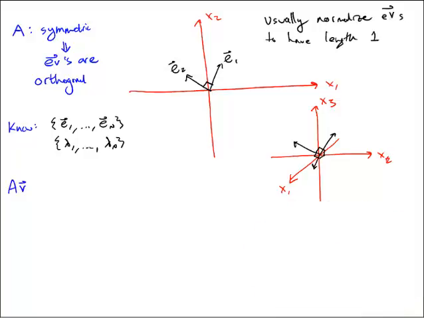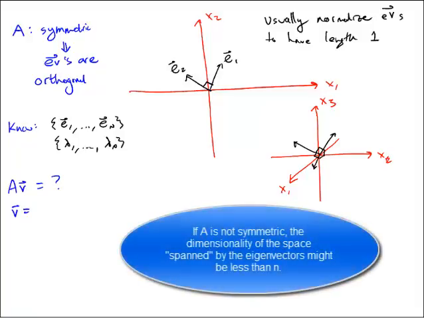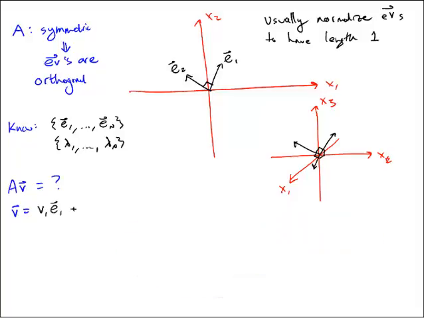Since they're all orthogonal to one another, and there are at least n of them, we can write V as a linear combination of them, or a weighted sum. So V might be V1 times E1 plus V2 times E2 plus so on and so forth,